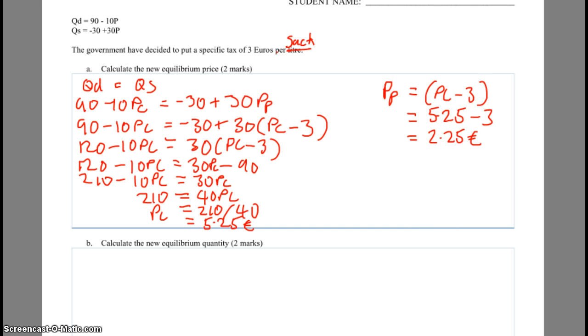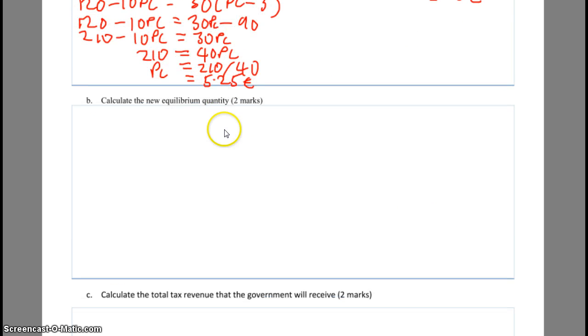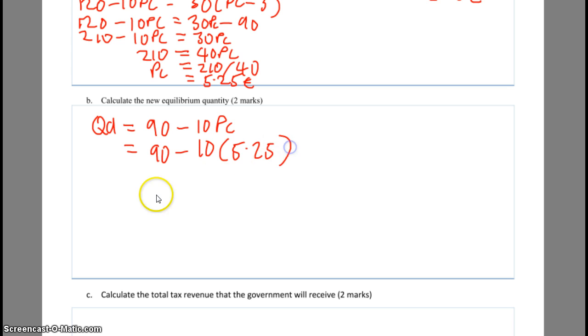And then simply for the next one we need to work out the equilibrium quantity, so we just need to plug in the equilibrium price for one of our formulas. So I'll do both just to show you. Quantity demanded equals 90 minus 10 PC. Remember, each one's got a different price now, so we need to keep that as we're going forward. So 90 minus 10 times 5.25, so that equals